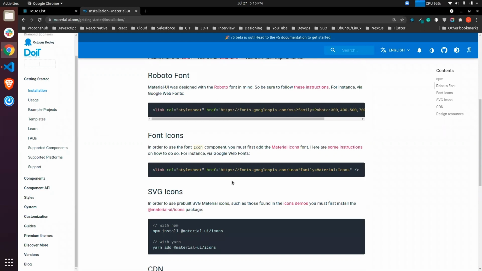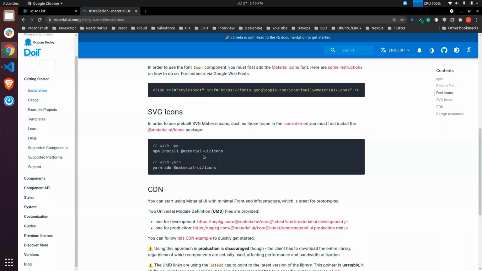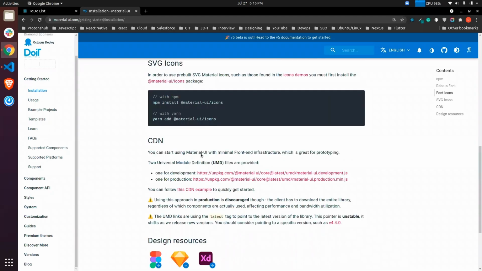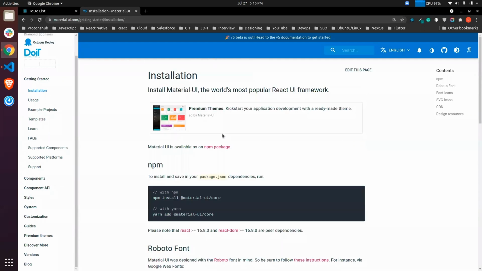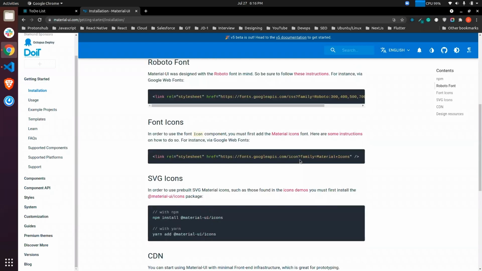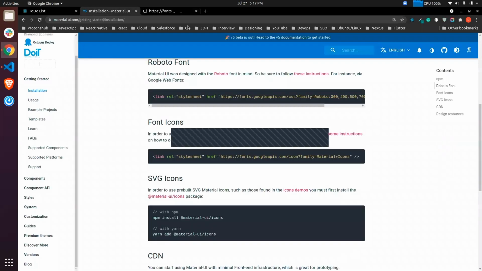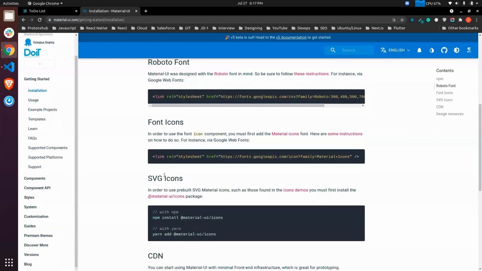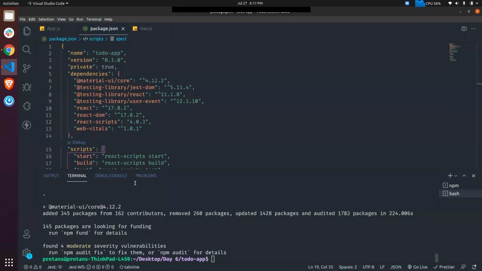For that, you have to install the icons package. Let me just see. Okay, so what, Material UI dash icons. Okay. So it gets installed and we can see Material UI core here in our dependencies, right?